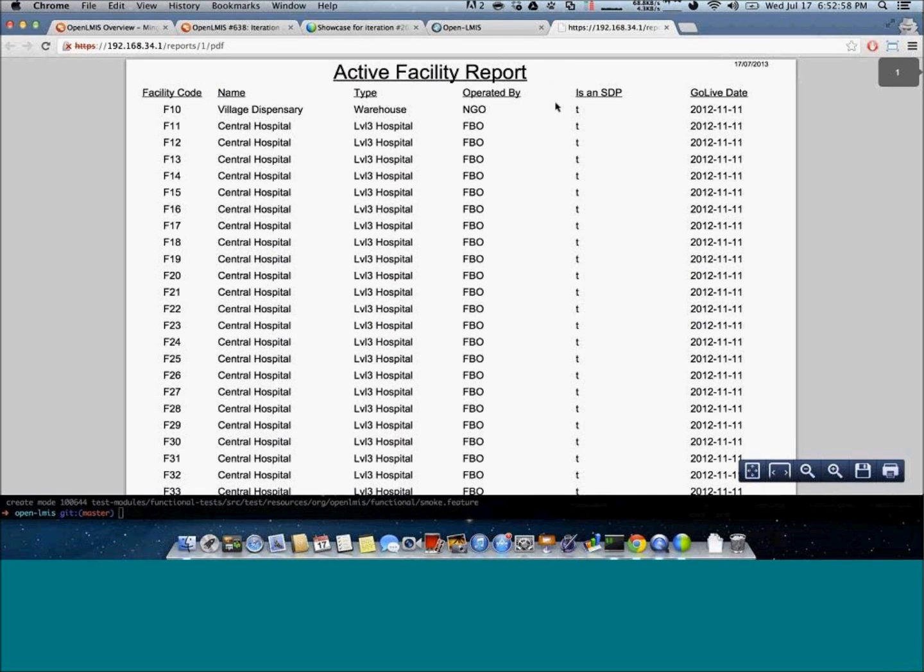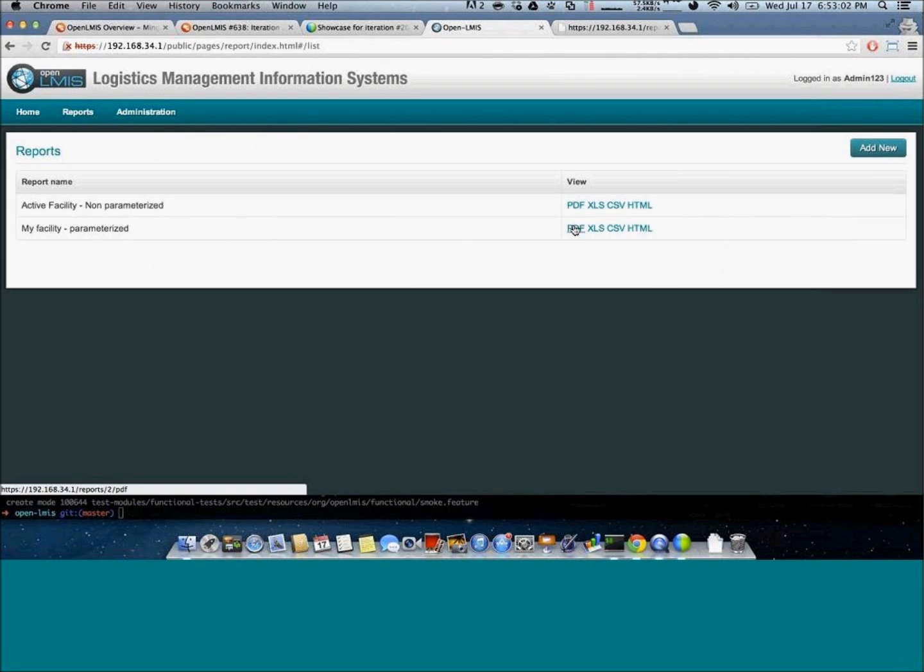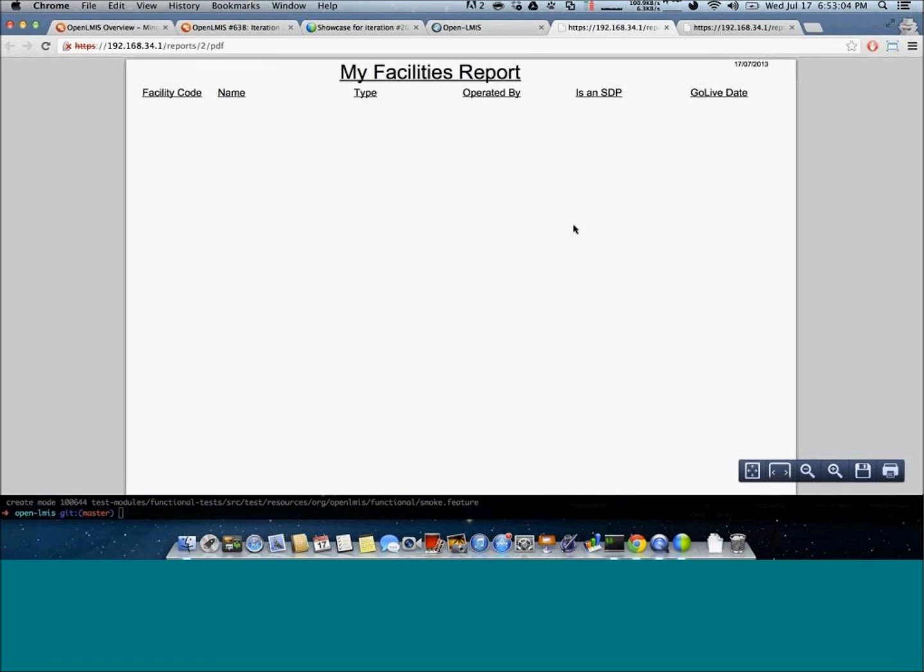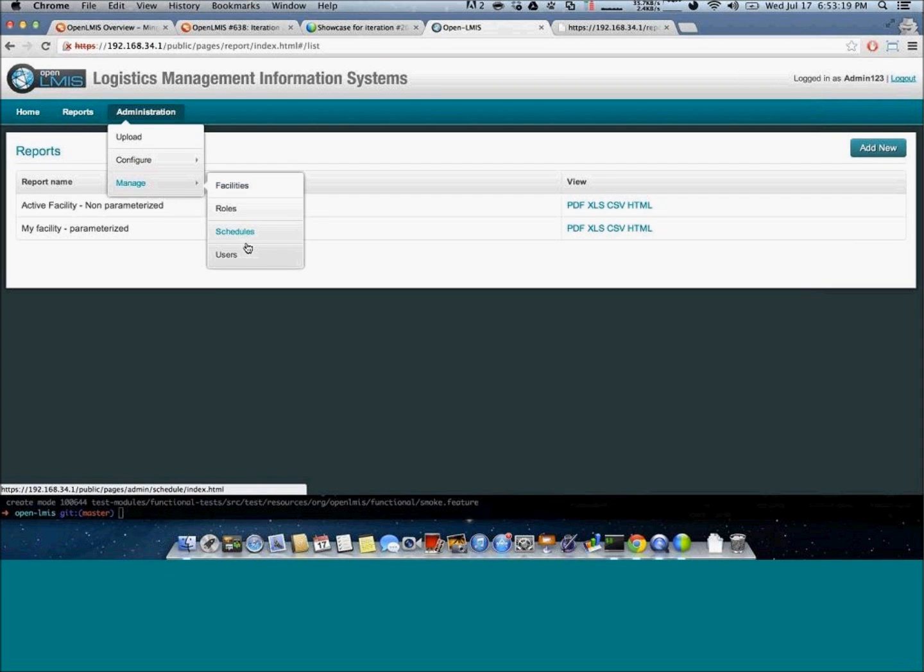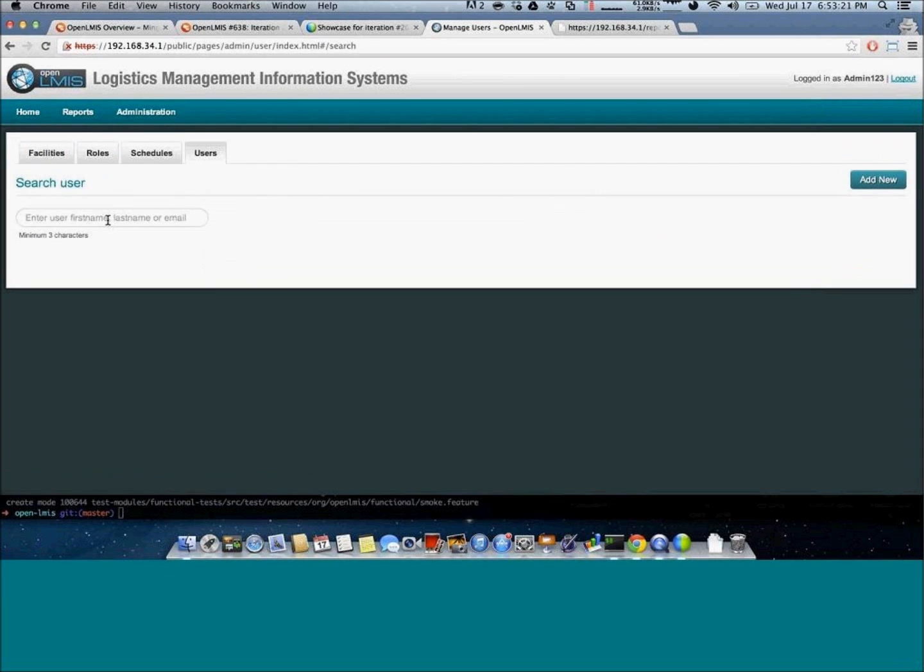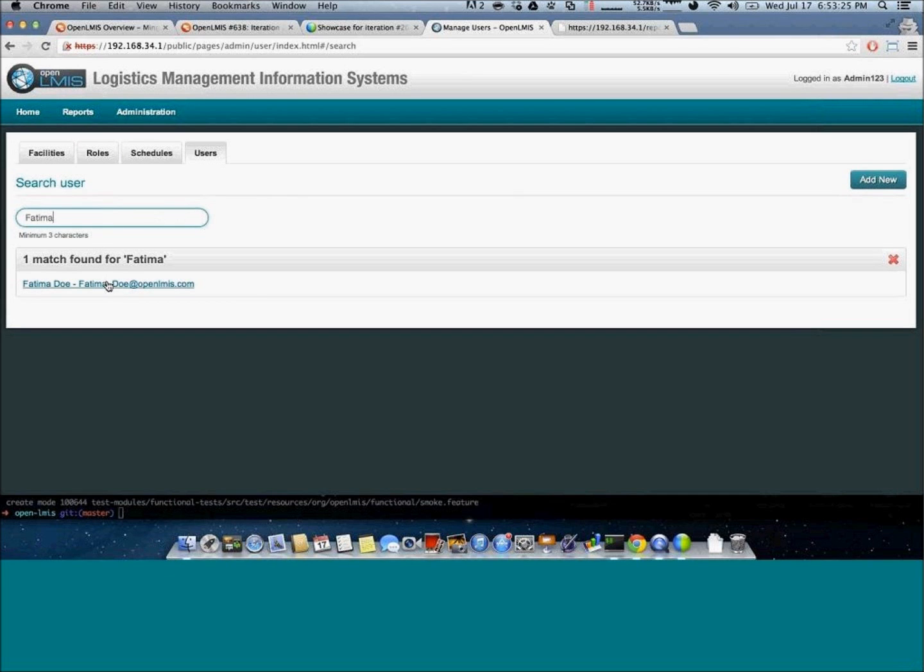And then I can see the my facility report. Since the admin doesn't have any facility, it doesn't contain anything. But if I log in as store in charge, I'll get the home facility for the store in charge. So I've just given the store in charge the view report role. So if I go back to the store in charge,